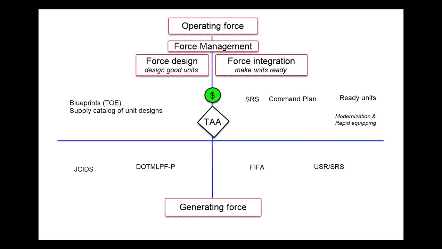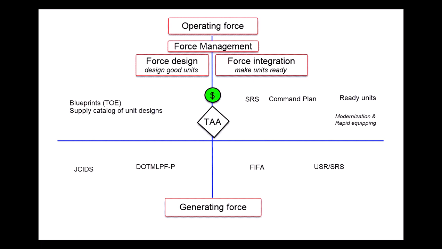So our majors have to be able to work backwards from the tip of the spear to what it is that they want, and then when the proposals come in, they can determine if that's something that they think they could actually see themselves using. Then TAA tells us how to make the best trade-off of what it is we want to buy in order to field ready units. So technically competent field-grade officers use force management in order to create ready units for the combatant commander,